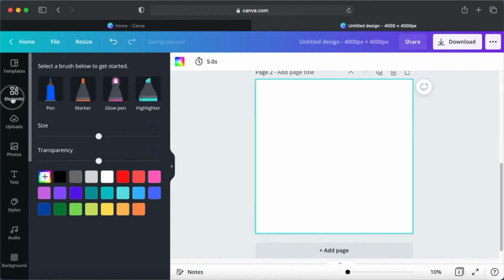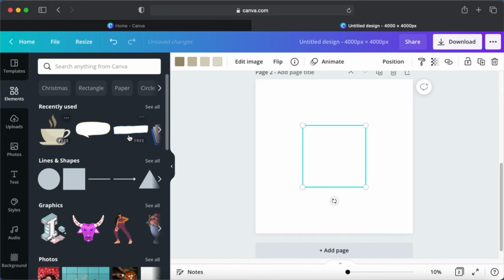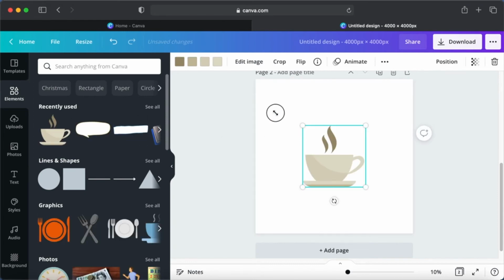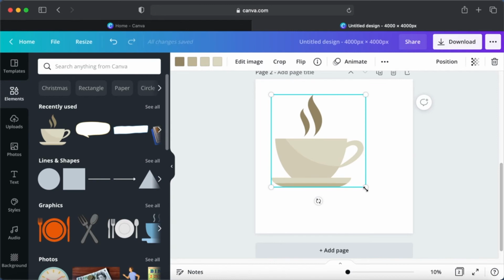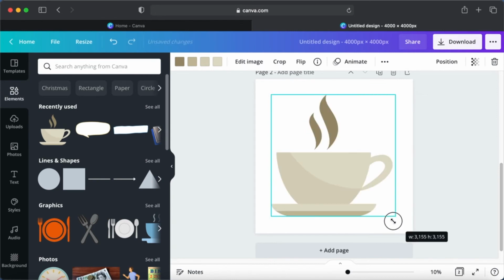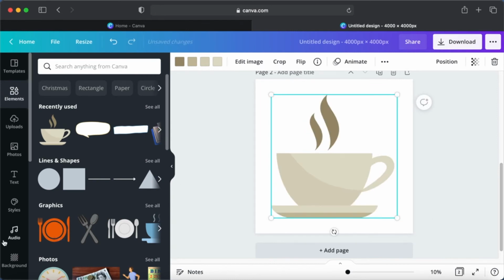We'll be using the elements from Canva itself. I'll be using a coffee cup. From here you can personalize messages, like I'm going to write over here, coffee lover. So you can use